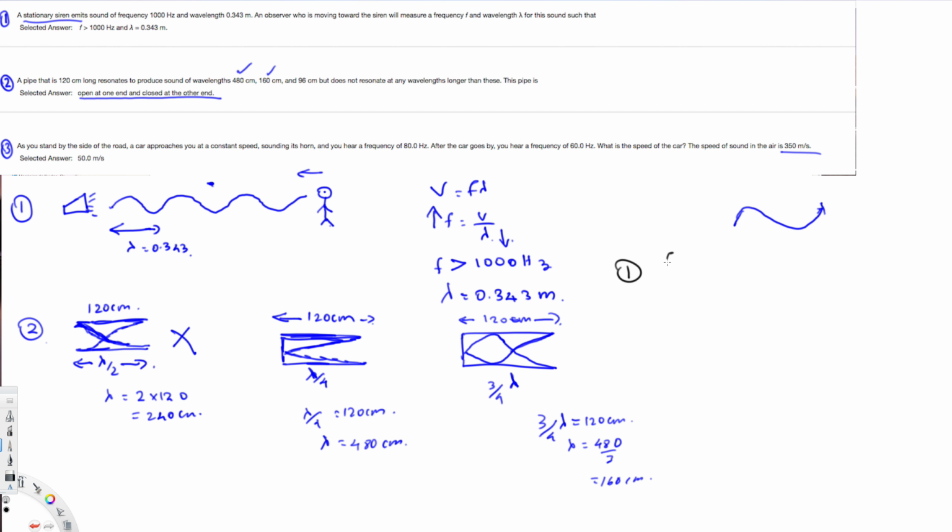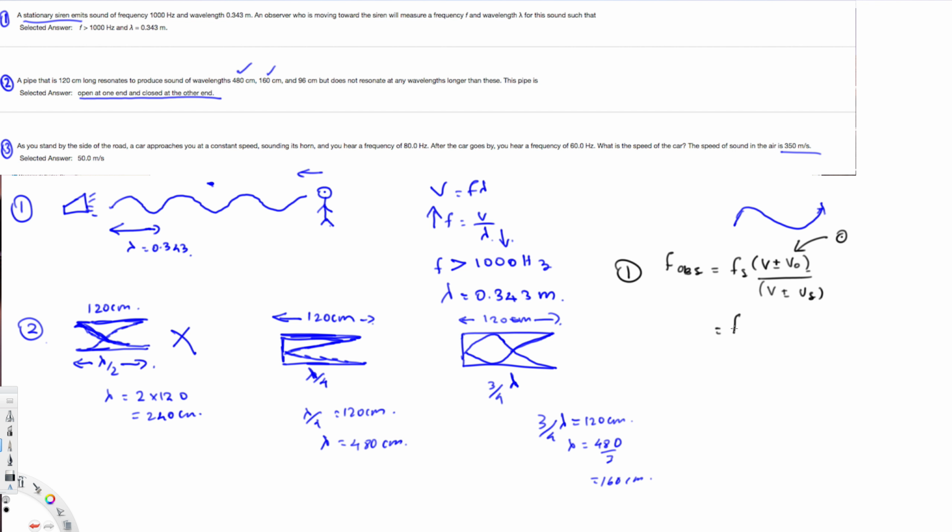So Doppler's equation is F observer equals F source times (V, that is the velocity of the sound in the air, plus or minus V observer) divided by (V plus or minus V source). Let's take the first situation. The car is moving toward this observer. The observer's velocity is 0, so this is always 0. We can completely eliminate this one right here, because the observer is not moving.